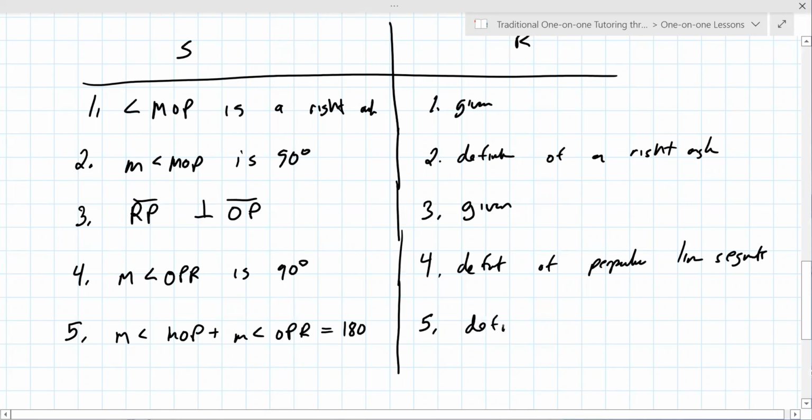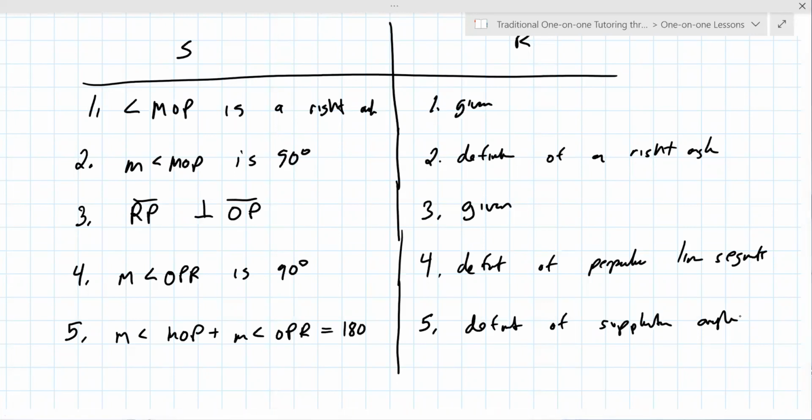We'll go with definition of supplementary angles, because two supplementary angles, they add up to 180. Okay, so that's what we're saying here. And that's where it's like, oh, that's good, because if you have same side consecutive angles adding up to 180, well, that means that the sides must be